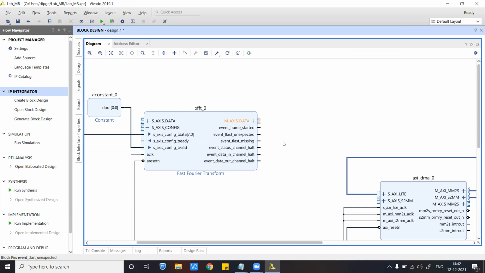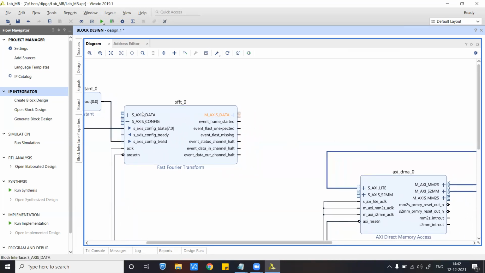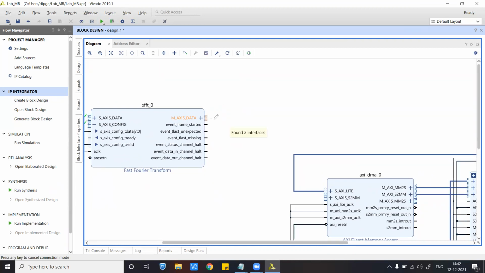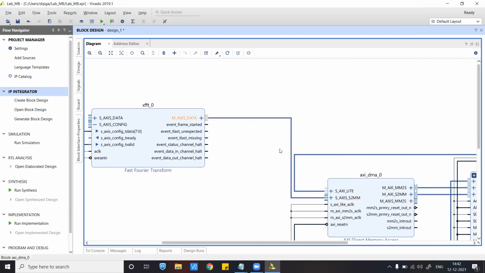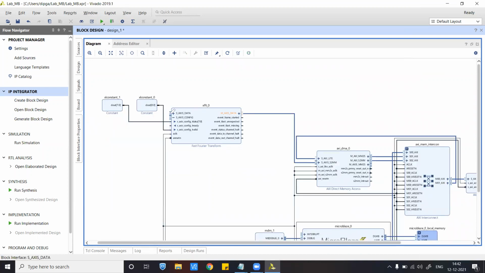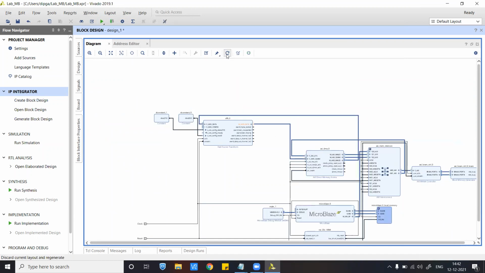Now this stream has to be converted from stream to memory mapped before passing it on to BRAM, and from the BRAM, as we get the data here, that data has to be converted from memory map to stream. So this means that this should go to MM2S, and this will go to S2MM, and respectively the master and slave will be the counter of each other. This is the slave. So stream to memory mapped conversion, this will be doing it, and then just connect it like this. These are the connections that we want to do here.